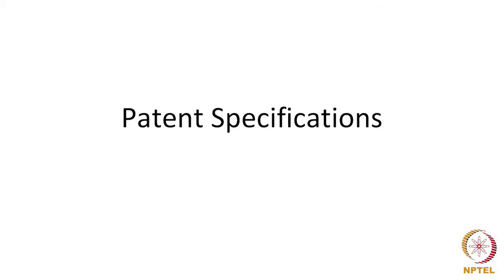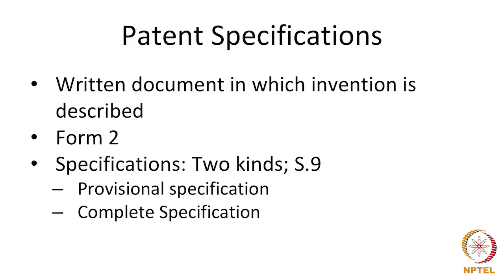Patent specification. The patent specification is the document that encompasses the invention. It is the written document in which the invention is described. Under the various forms that have to be filed for getting a patent, Form 1 is the form that is